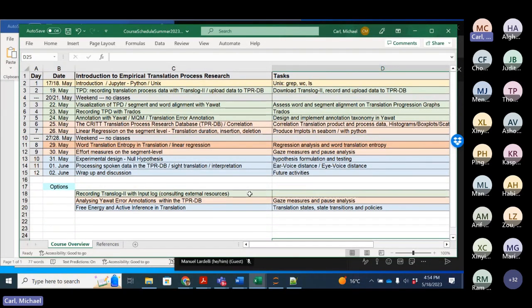The idea here is, basically, what we often do in this research is look into the variation in translation production. So if we set up an experiment with Translog or also with Trados, there is one text or maybe two, three, four texts, a limited number of texts that are chosen with some criteria.